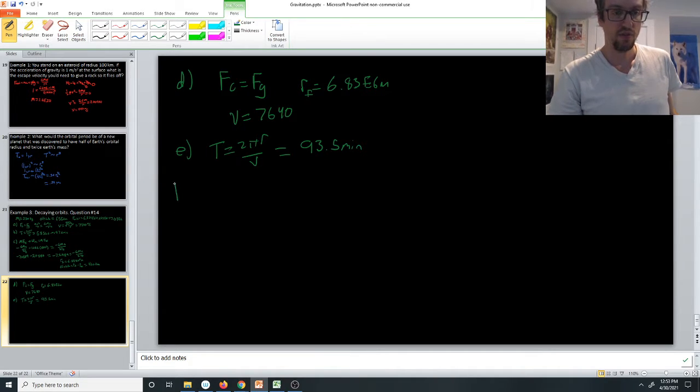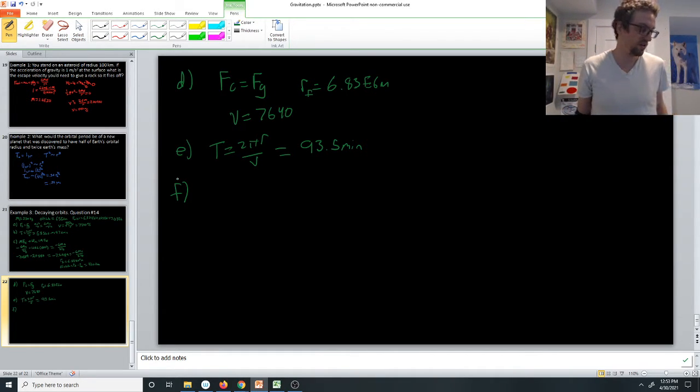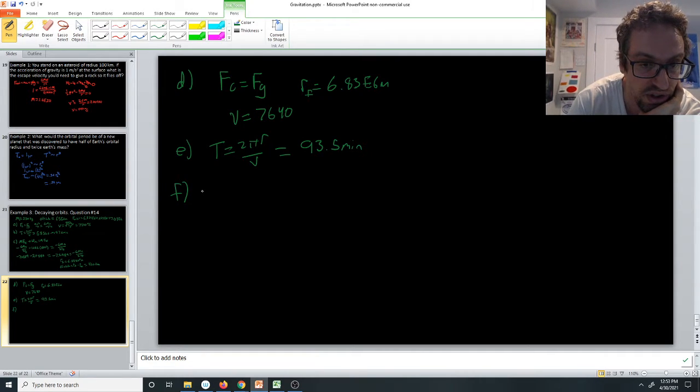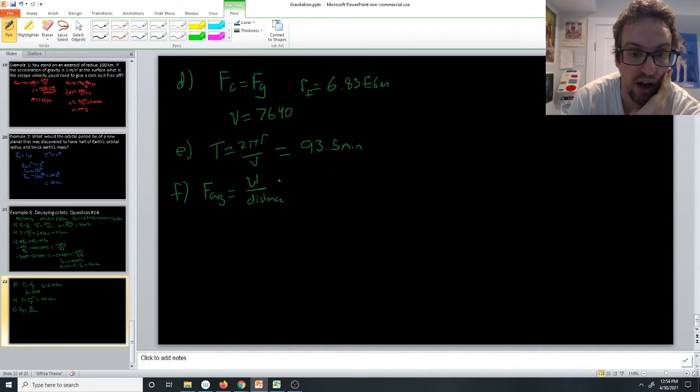All right, F is the part where another bunch of problems occur. It's difficult. So average force. If you have work, average force is going to be work over distance. First of all, I've got the work. My work was negative 1.6 E5 over a single orbit. So what's the average distance of an orbit? That's where you've got to be a little bit careful. So my radius initial was